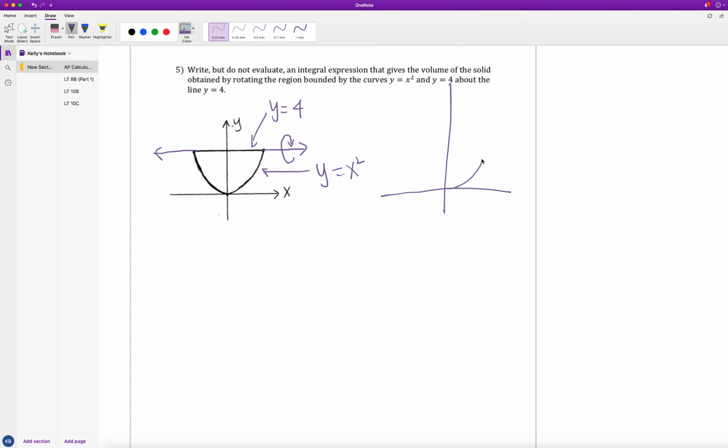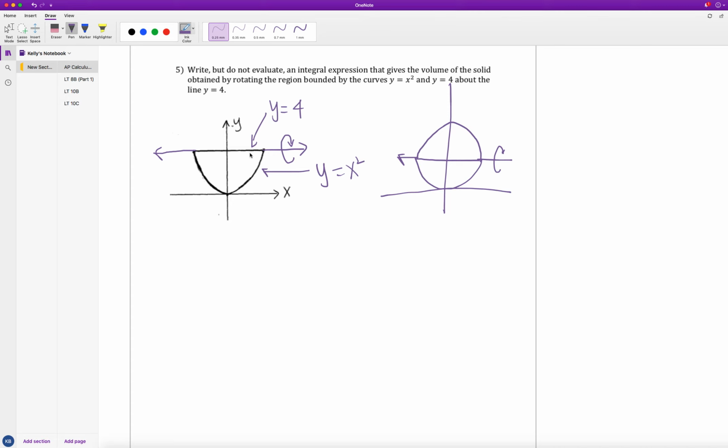So I have this half type circle shape, and as we rotate it up and over, I'm actually getting kind of like a football shape looking. This object is going to be completely solid since the axis of revolution here is touching the region